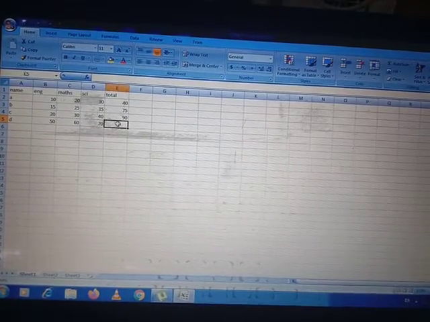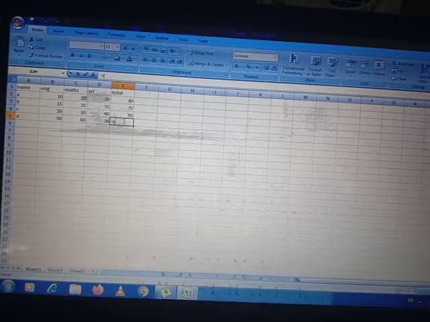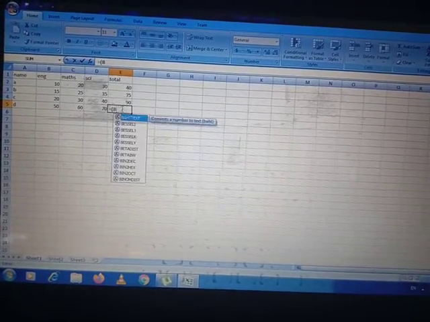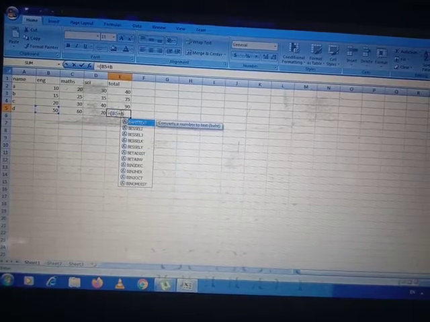In the same way, equals to B5 plus C5 plus D5. See, something has gone wrong here. We have to edit this. To edit our worksheet, 20 plus 10 is 30, and 30 plus 30 plus 60.